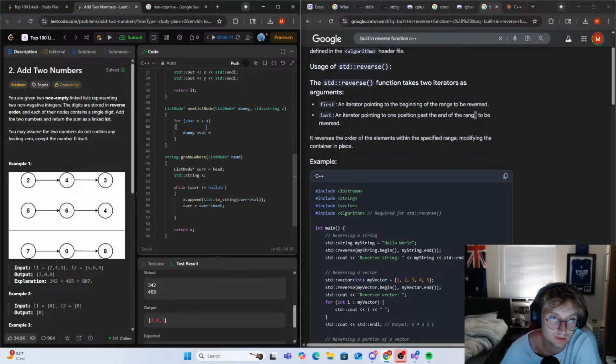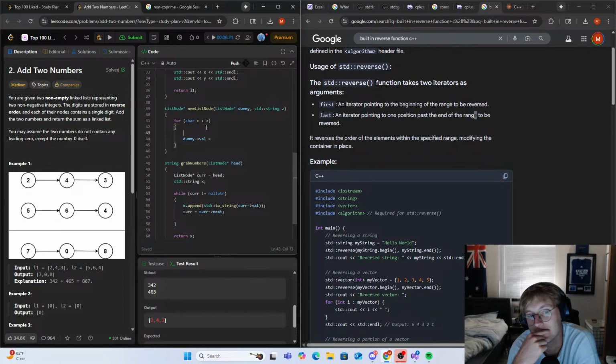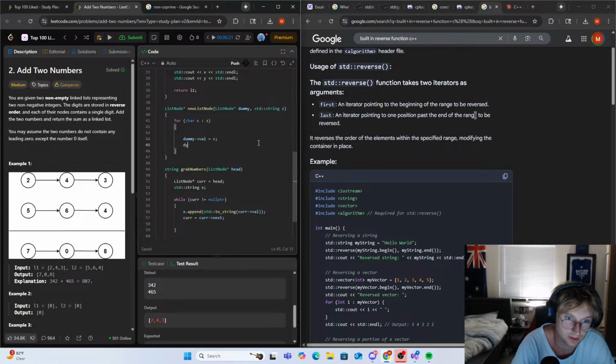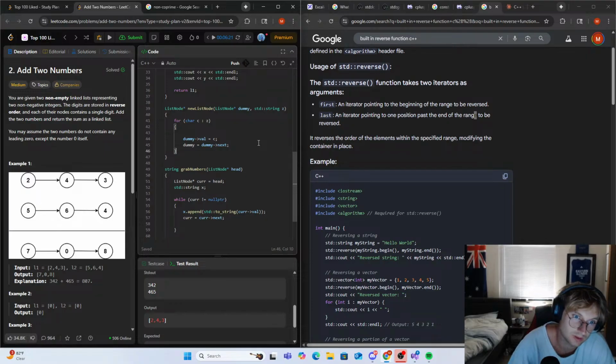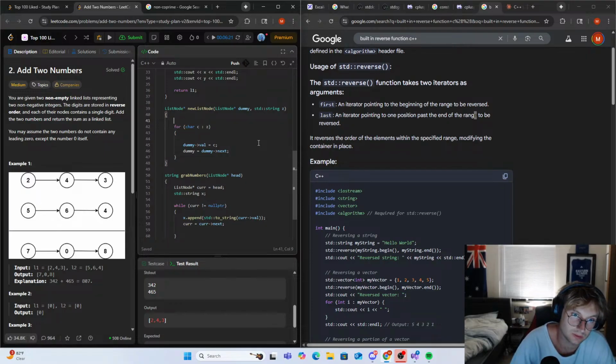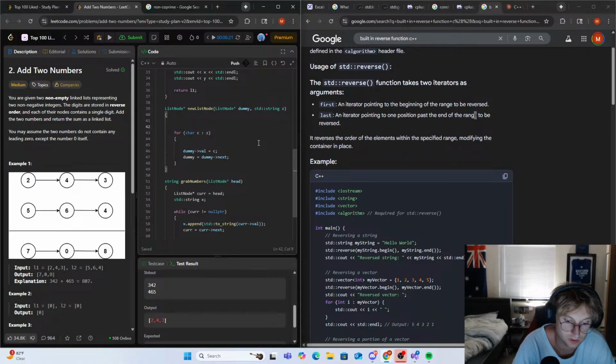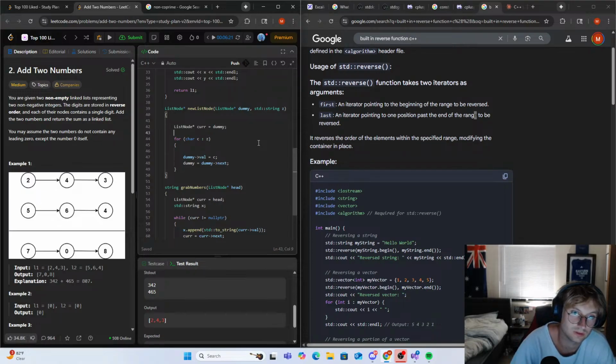Char c. Dummy val is equal to c, and dummy is equal to dummy next. And actually we want to, let's do list node cur is equal to dummy, right? We then do